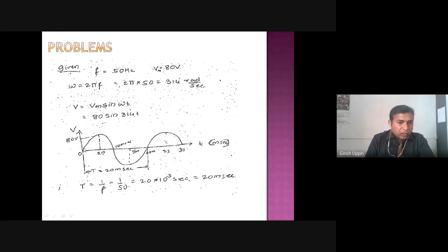So you are going to draw the waveform. After drawing the waveform, you will mark the peak value as 80 volt, and this is the timeline. The x-axis is t and the y-axis is lowercase v. Between the start of the cycle and the end of the cycle, that is the time period, you mark T is equal to 20 millisecond. Then this becomes 10 millisecond, this is 5, 15 millisecond, and 20 millisecond. You can draw just one waveform, that is one cycle, that is sufficient.